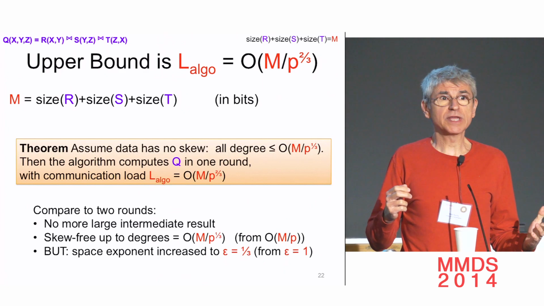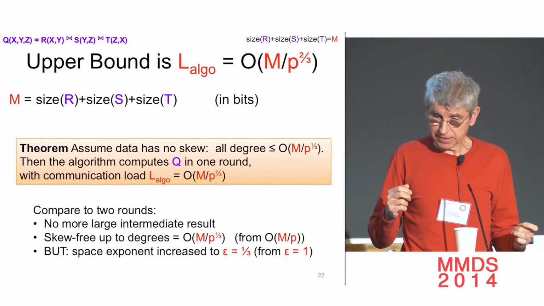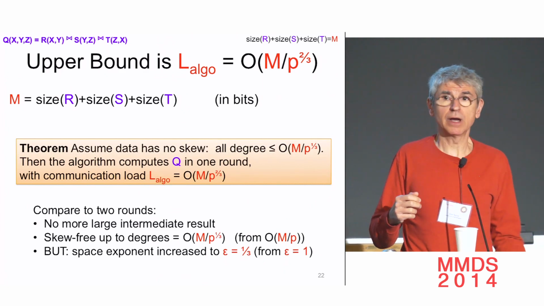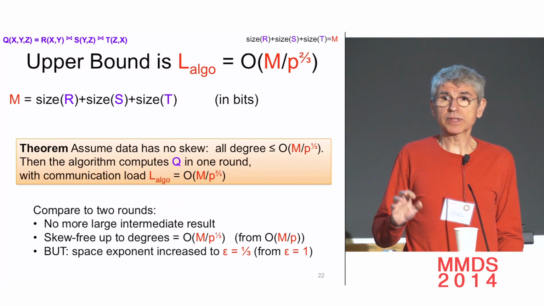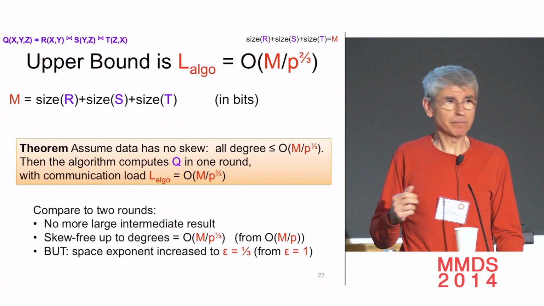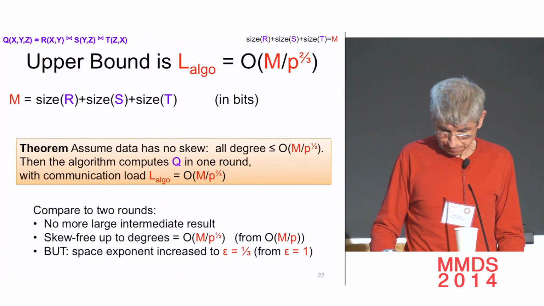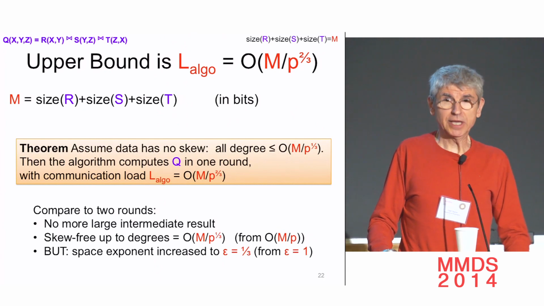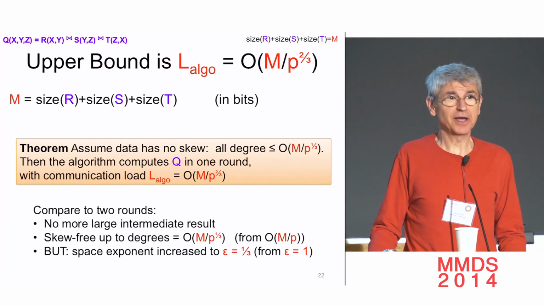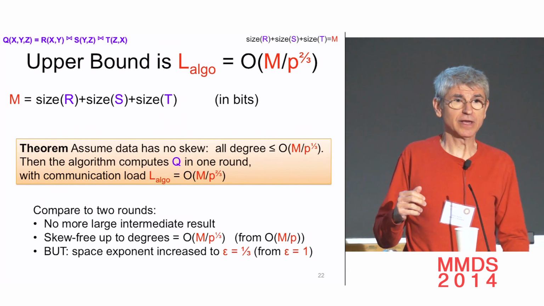And moreover, we don't have this big intermediate table. This works. It works actually much better than the two-step join. The question is, can we do even better? Now we got a taste for a smart algorithm.